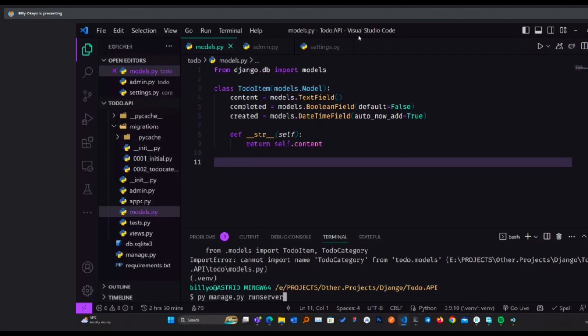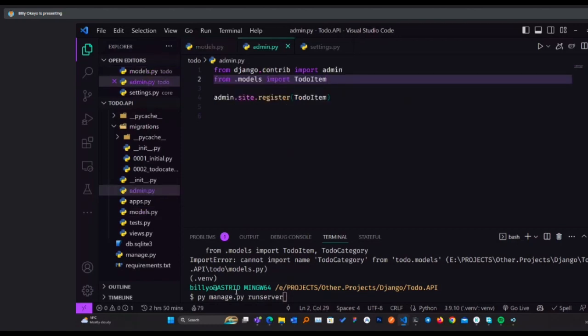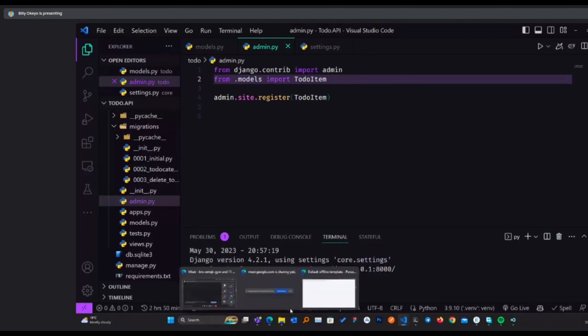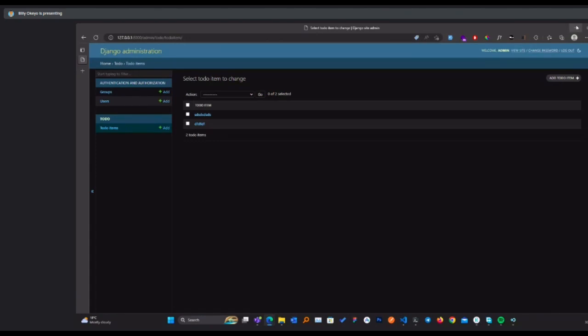Then we'll come to admin.py, remove that, then remove this. And I'll make migrations again so that it can delete that table. Then migrate, and I'll run my server. So coming here, it won't be there.